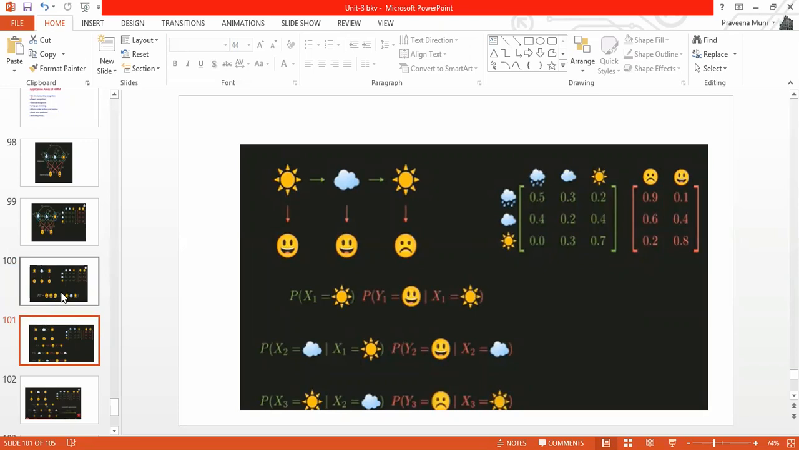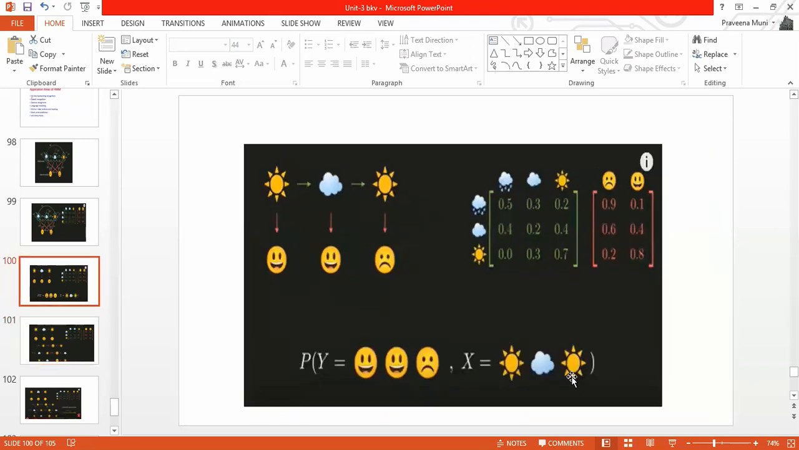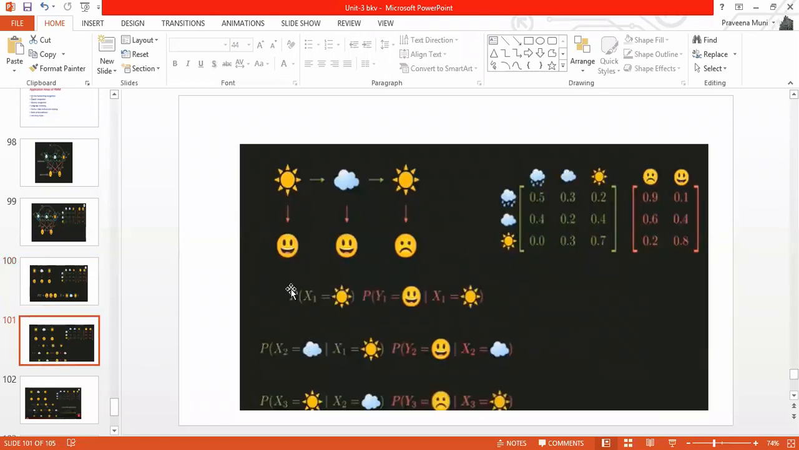Whenever we are finding this probability, we have to consider three parameters: the probability of the initial state, and the product of the transition probabilities and the emission probabilities. So what is the initial state? This is the state and these are the evidence. The initial state is sunny. The probability of y1, which is happy, given sunny,